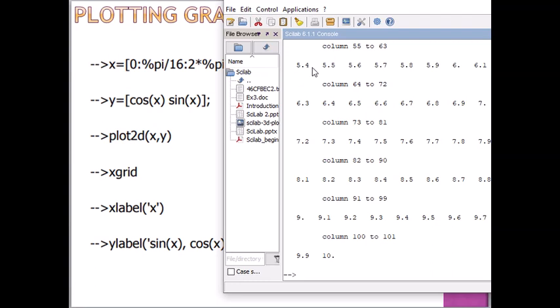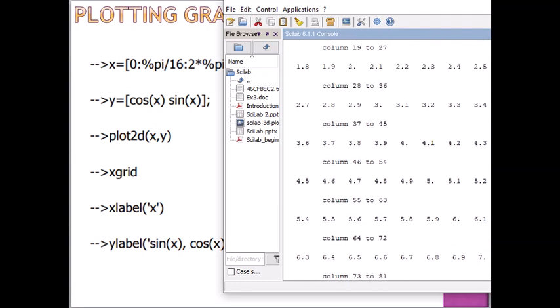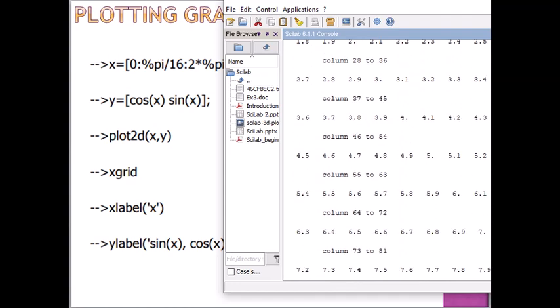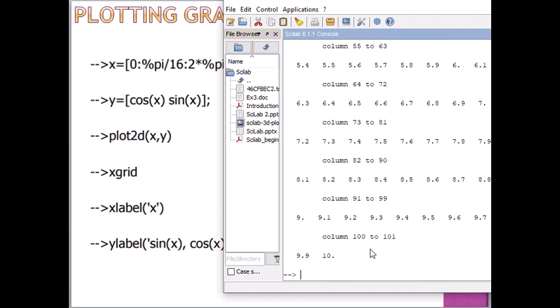And we define the x variable here. Then y is equal to sine of x, right?